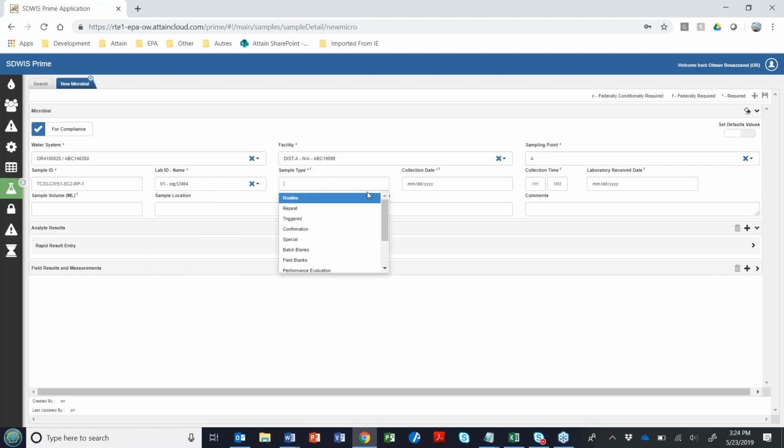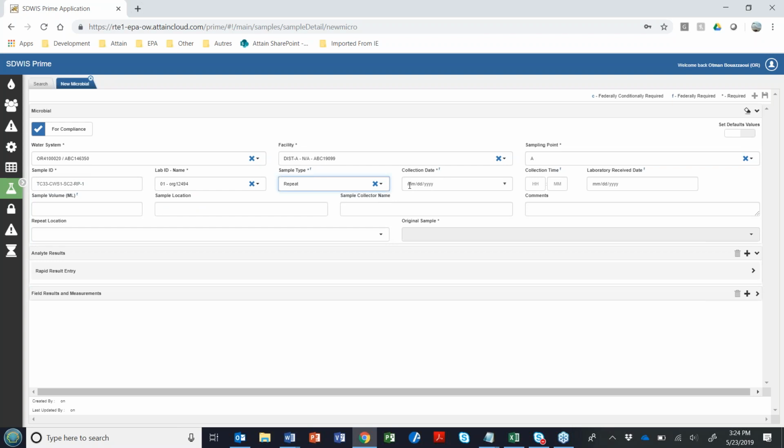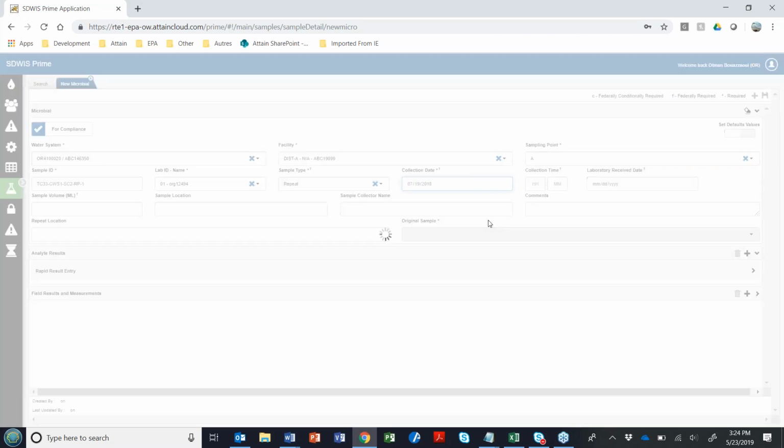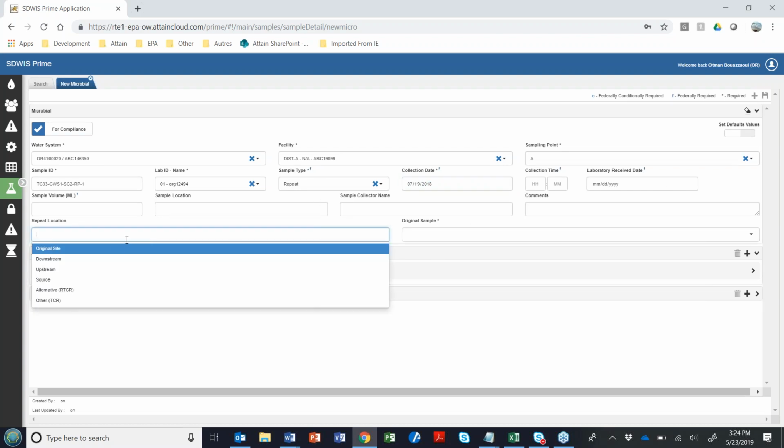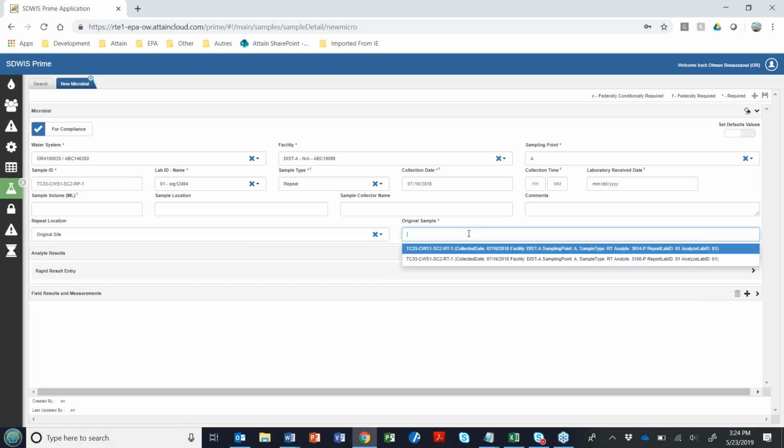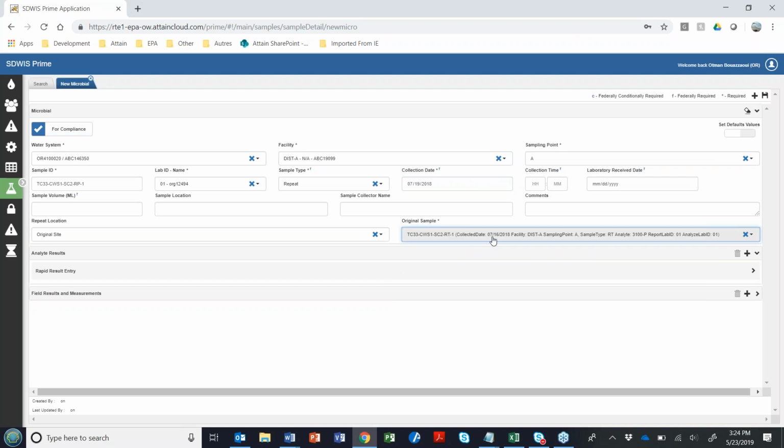It just helps me remember the sample IDs that I gave and have them have a certain context that follows the test case. All right, so my repeats were collected on July 19th, 2018. And again, because I selected repeat here, it's going to ask me for an original sample. We're going to pick the positive coliform that was collected on July 16th here.